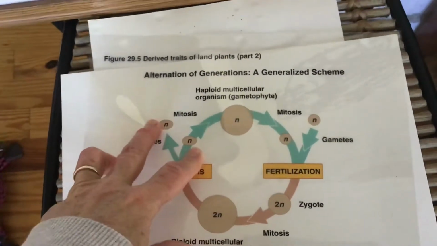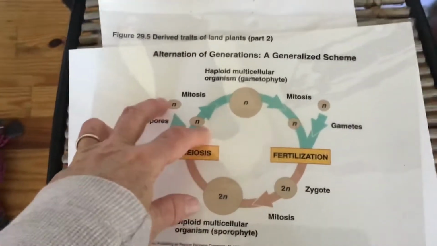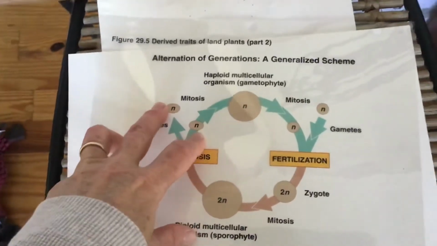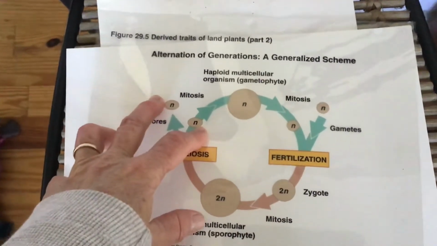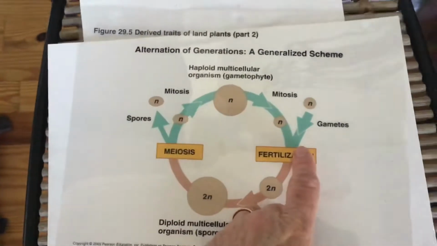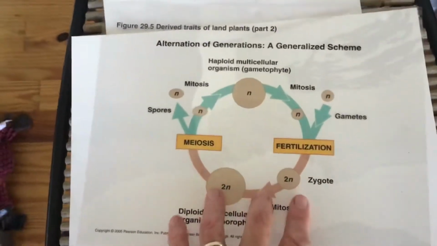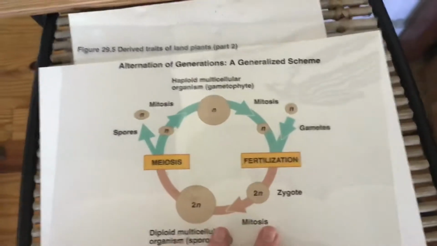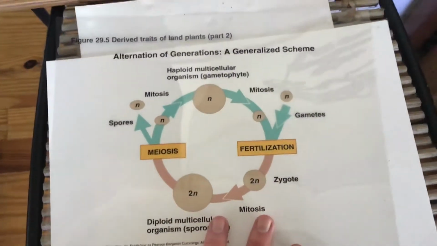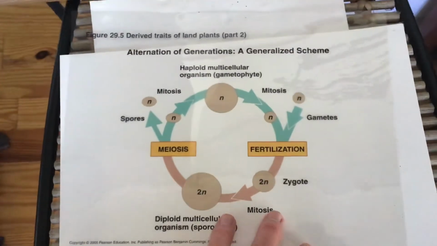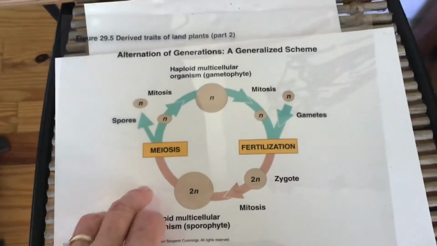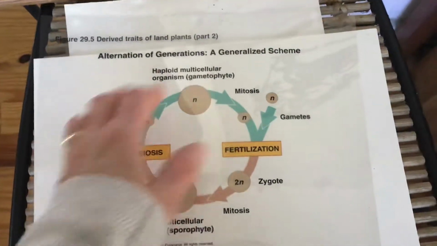So you probably remember talking about this in Core 1, where you produce egg and sperm, and the egg and sperm then would get together through fertilization and create a diploid organism like us. All right, so that's a typical life cycle of us, for example. And some organisms are mostly just either 1N or 2N.